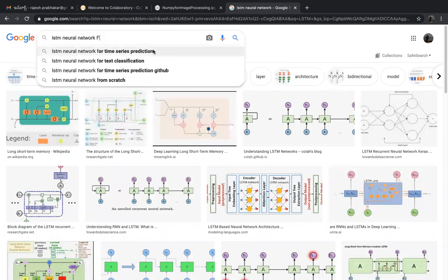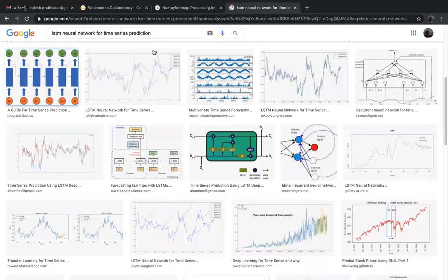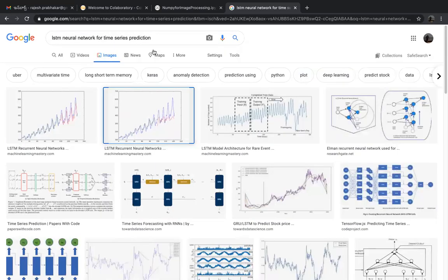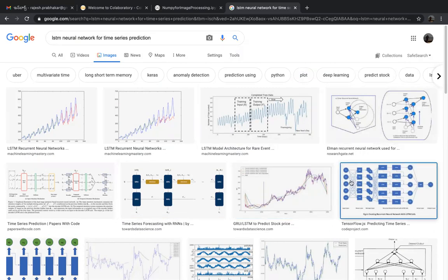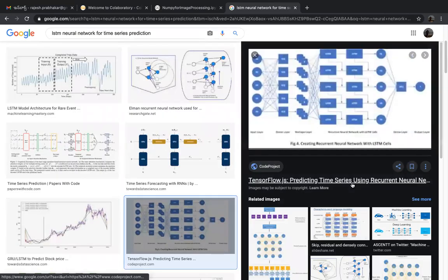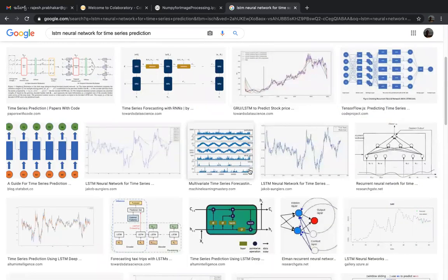For time series prediction. You know finance is a time series prediction, right? Finance is time series data. So we have these LSTM neural networks which are being widely used in investment banks, and I have seen a lot of papers being published or PhDs being done on LSTM networks for financial time series prediction.